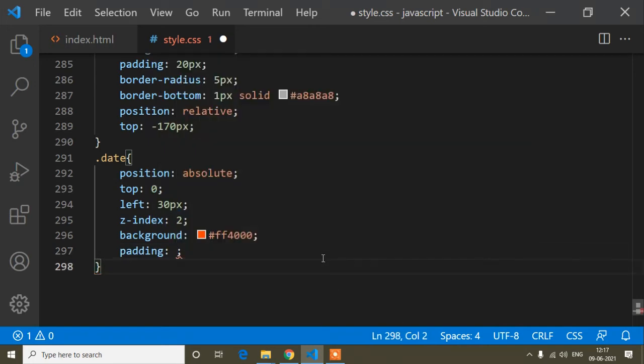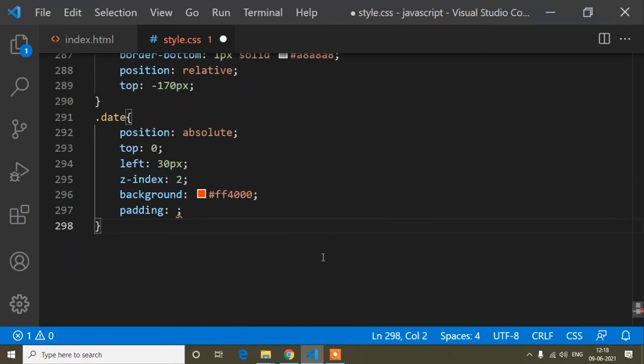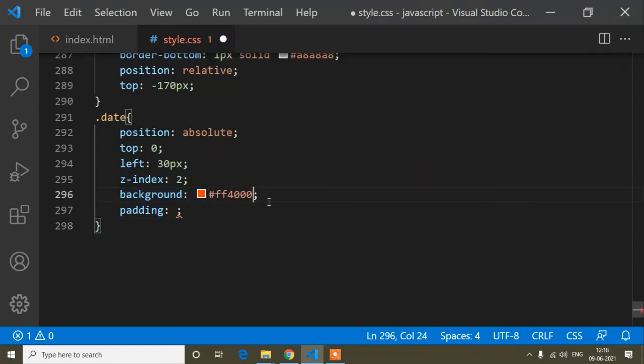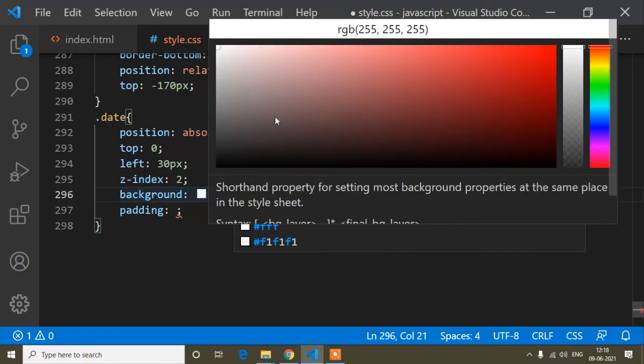Suppose you are using the Visual Studio Code editor, after writing any 3-digit color code using hashtag, like suppose if I remove this color, any 3-digit color code, so FFF. Now after hovering, it will open the color panel, and from here you can choose any color, whatever you find looks beautiful.